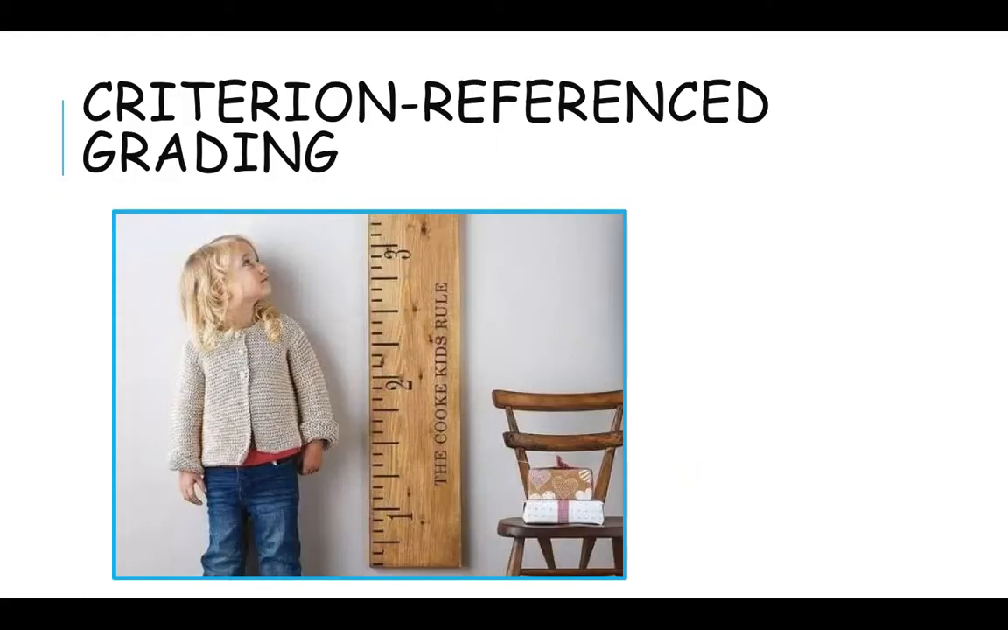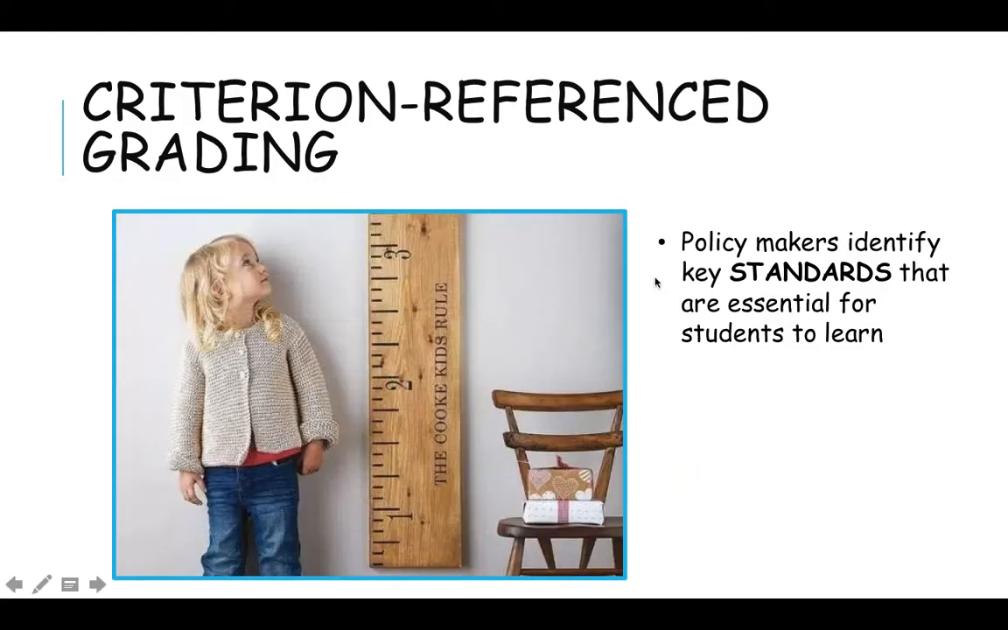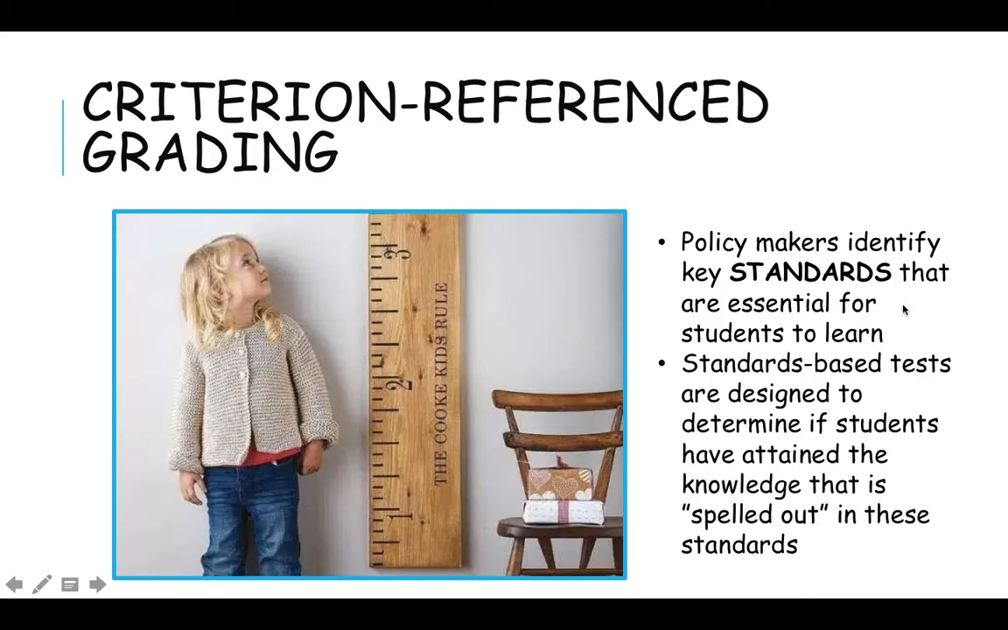So again, how does the student measure up? Policymakers identify the key standards that are essential for the students to learn. That's why we often call these standards-based. Criterion reference grading is definitely going to determine if students have attained that knowledge that is spelled out in these